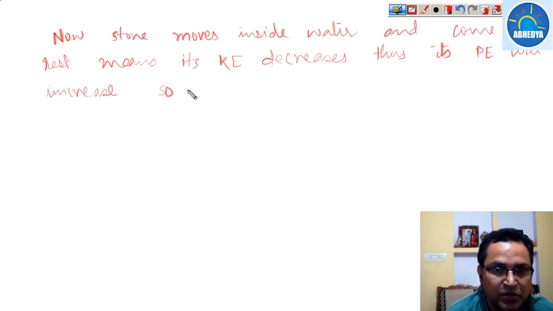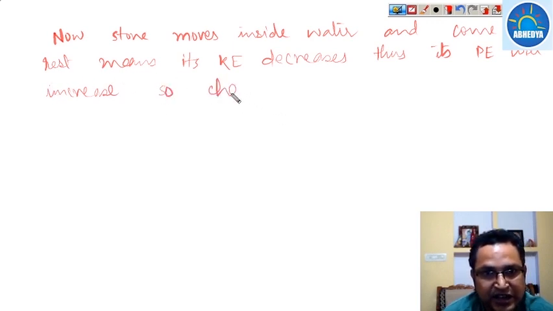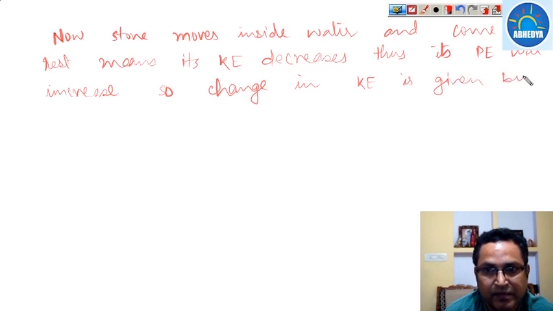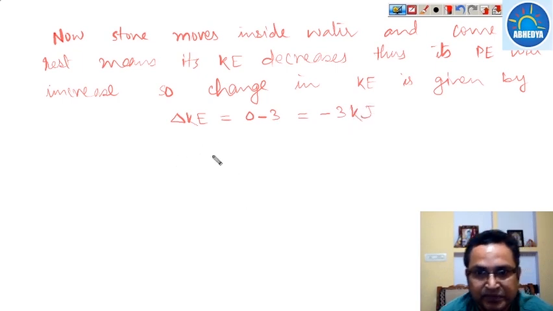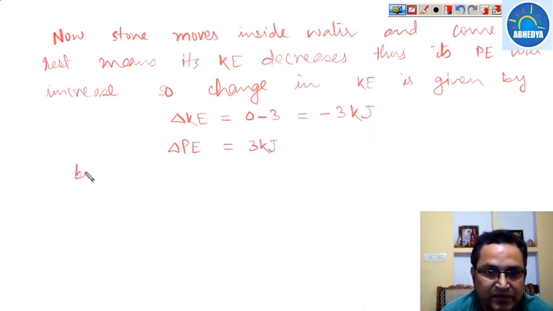So change in kinetic energy is given by delta KE is equal to 0 minus 3, that is minus 3 kilojoule. So delta PE becomes 3 kilojoule